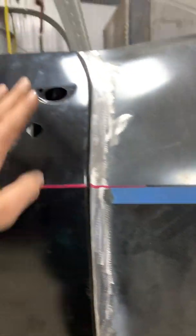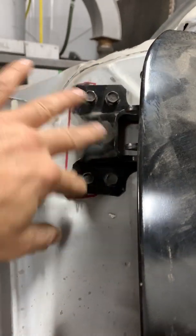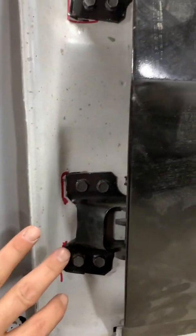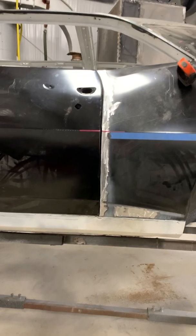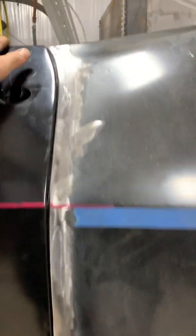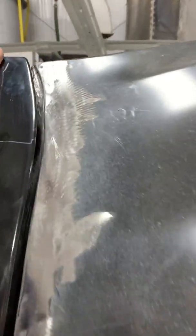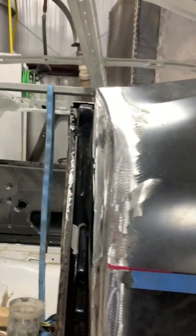to allow this door to fit. Both doors were identical, brand new. We have brand new hinges, brand new bolts. Even tried to maximize the adjustments in here, but that didn't change the fact that the quarters were different. The other side fit perfectly and still does. This side now has a very good gap and very good